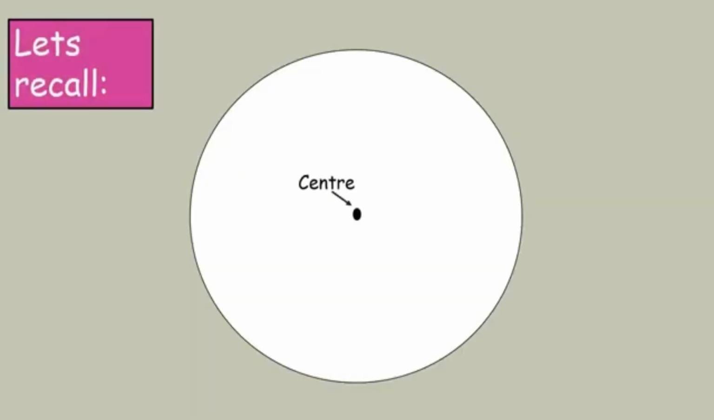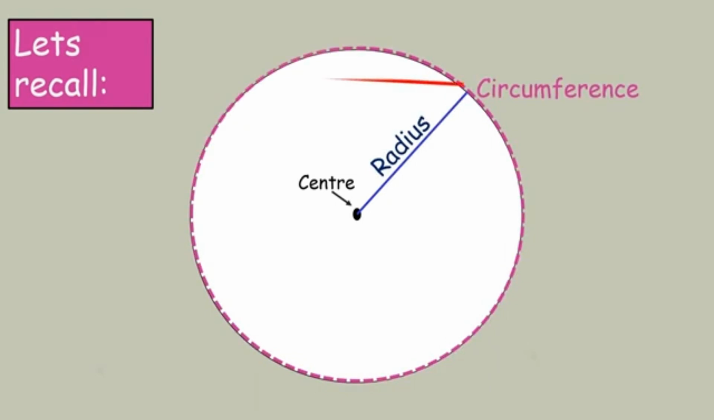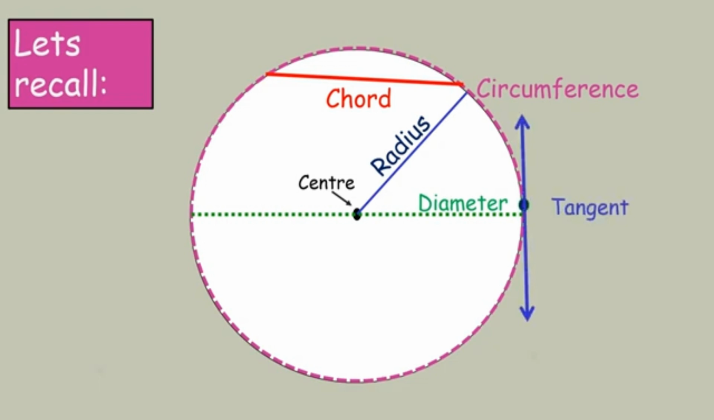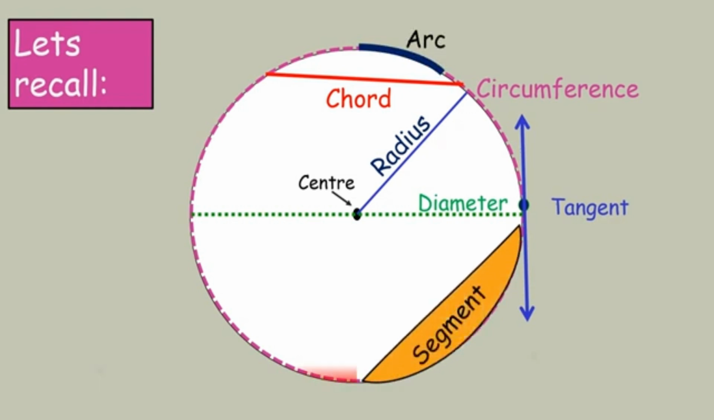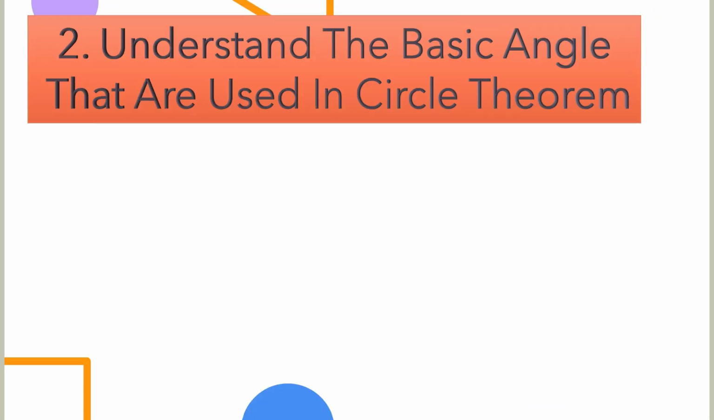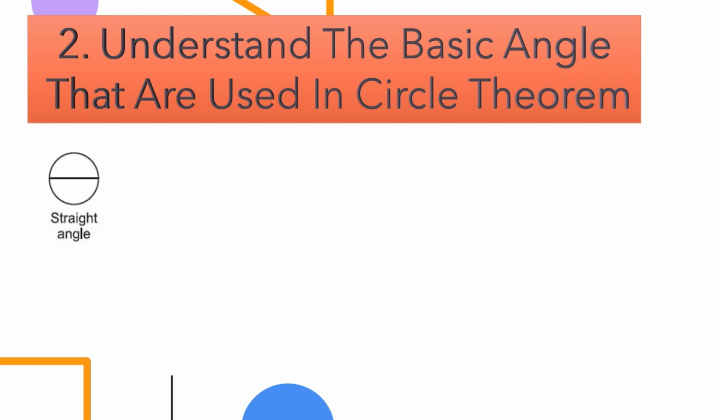Center. Radius. Circumference. Chord. Diameter. Tangent. Arc. Segment. Sector. And secant. Number 2. Understand the basic angles that are used in circle theorems, like straight angles,